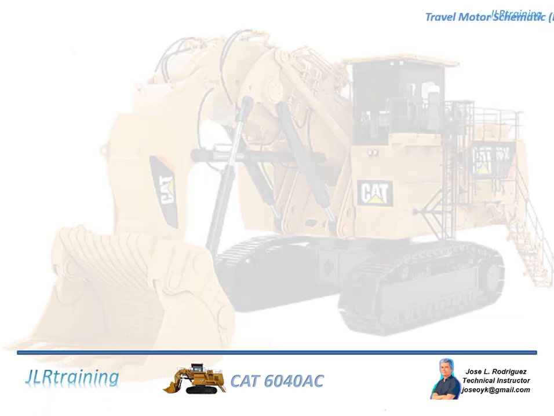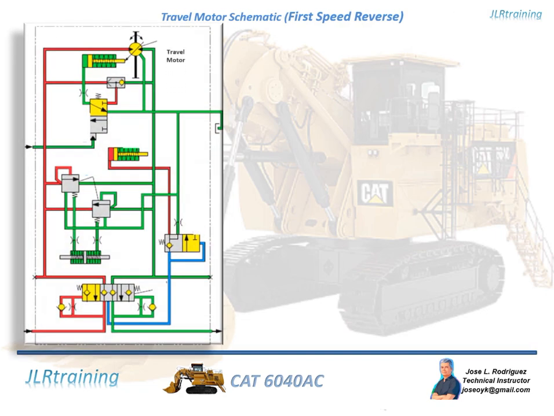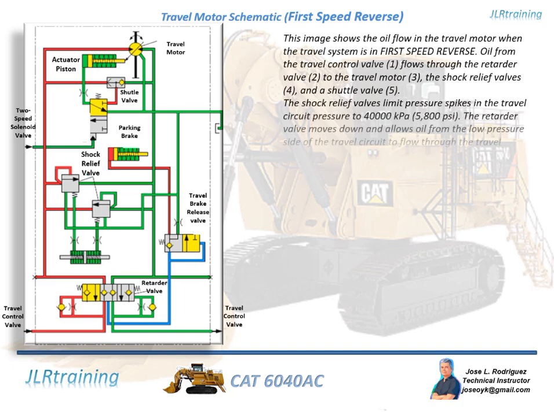Travel motor schematic. First speed reverse. Travel motor. Actuator piston. Shuttle valve. 2-speed solenoid valve. Parking brake. Shock relief valve. Travel brake release valve. Retarder valve. Travel control valve. This image shows the oil flow in the travel motor when the travel system is in first